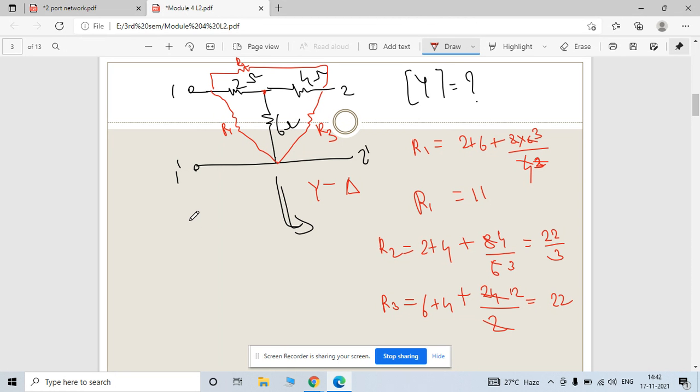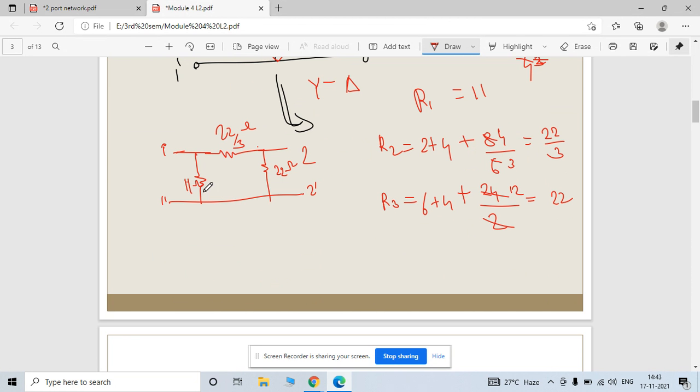Now the new equivalent resistance is nothing but this. Now observe, you can equate these two networks with your standard network. What is this value? This value is nothing but your R2, that is 22 by 3, and R3 is 22. What is the value of R1? It is 11, and this value is in ohm,